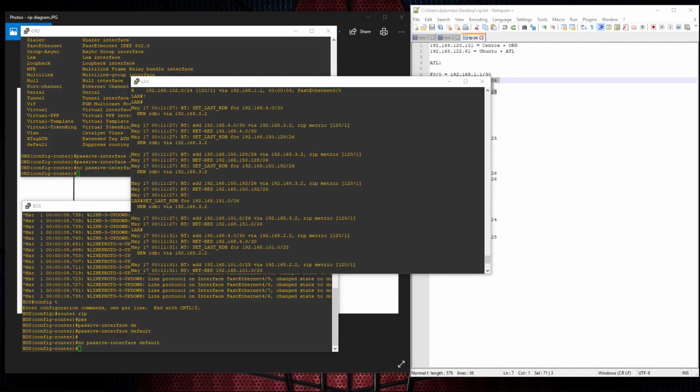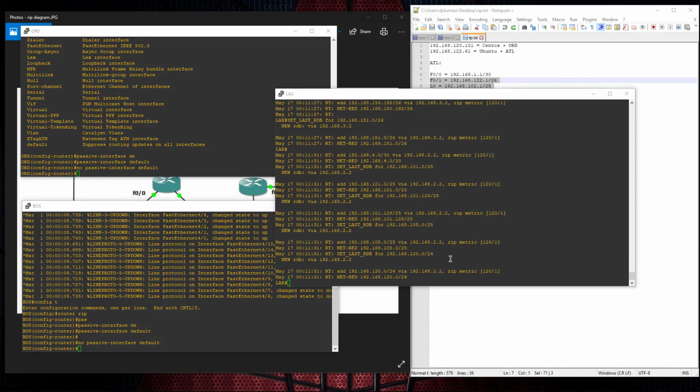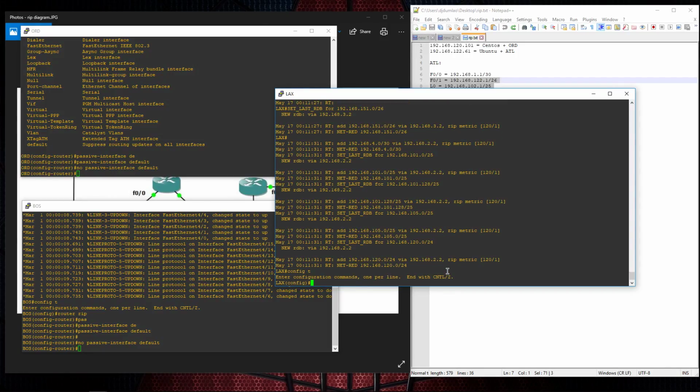Okay, so first we're gonna create the keys for this, and then after that we'll implement it on the interface. So for example, we'll do the LAX first. We'll do config t, then you're gonna set up the key. So key